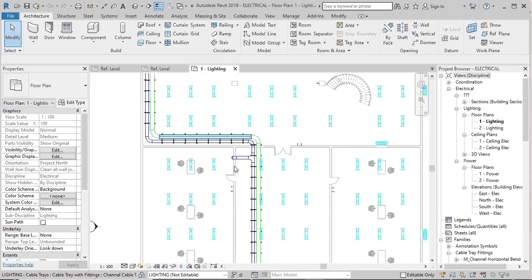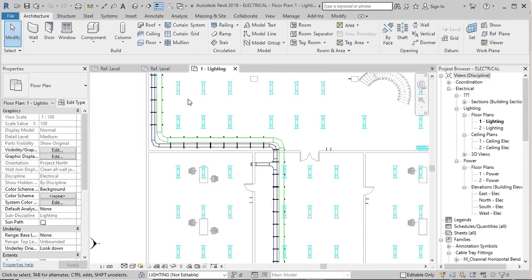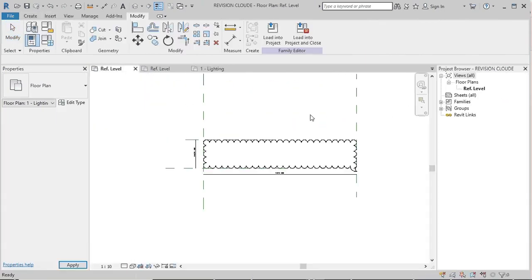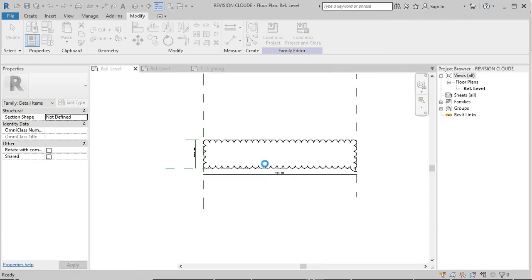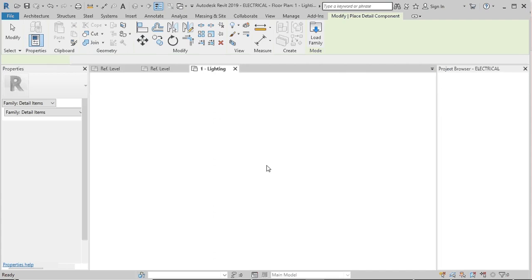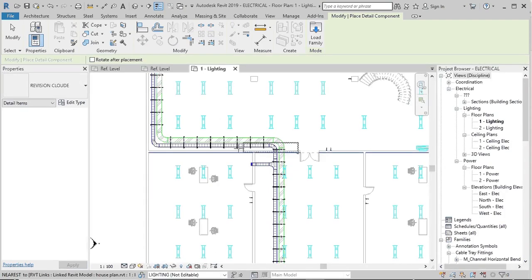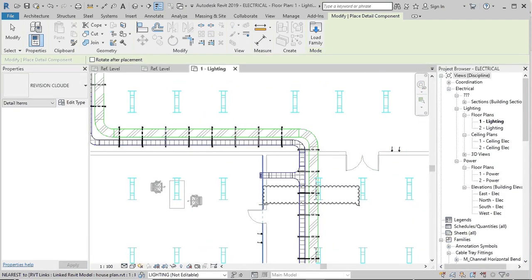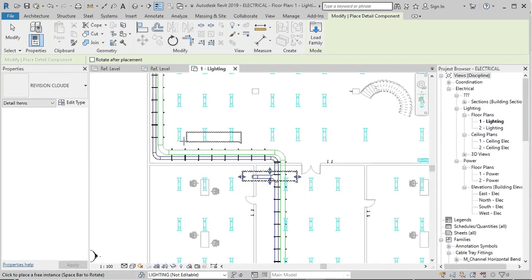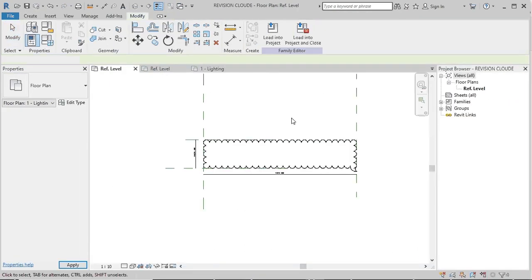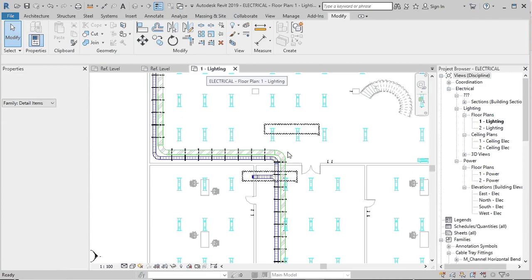Now you can load the family in your own project. I load it into my small electrical project. In my reference, I load my family and check whether it comes properly or not. It is loaded already, done. I create the revision cloud family, and after that I load it into the project and it is working properly.